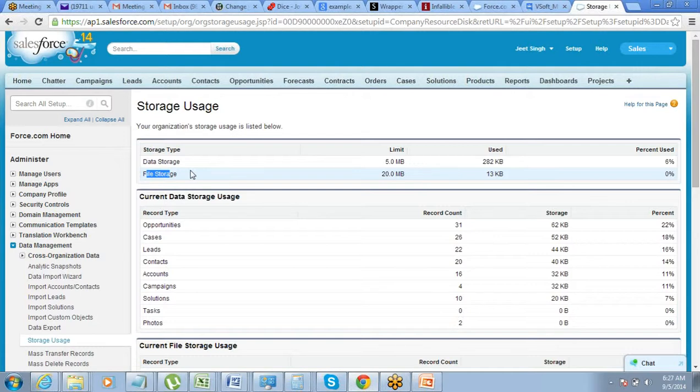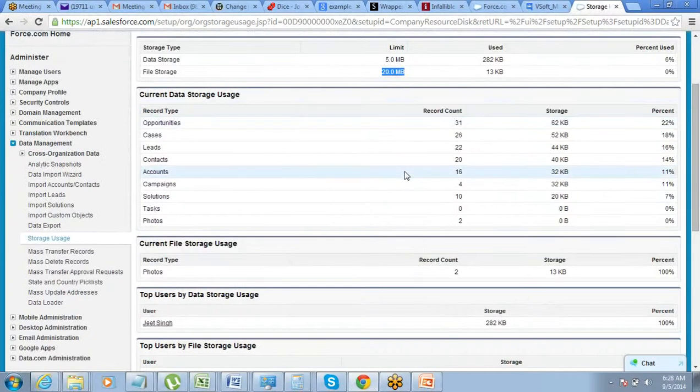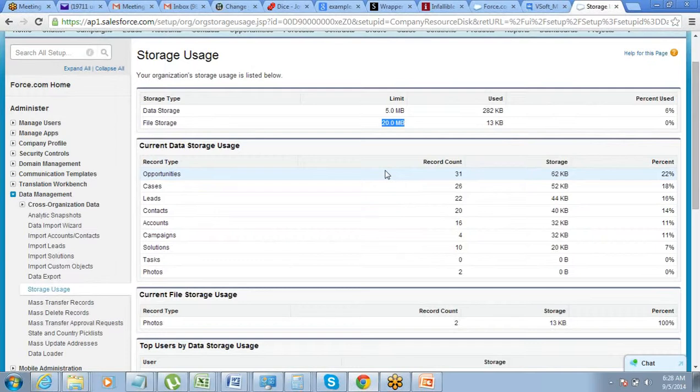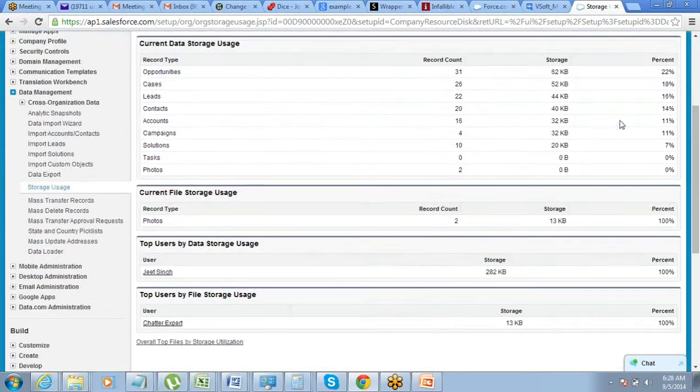Let's say you have agreements with the clients which need to be uploaded on Salesforce so that the customer support team can actually have a look into that. So those you will upload. For that you have separate storage capacity, 20 MB on a developer edition. So how much data storage has been used, how much file storage has been used? We have not uploaded any files so far. That is the reason why it shows 0%.